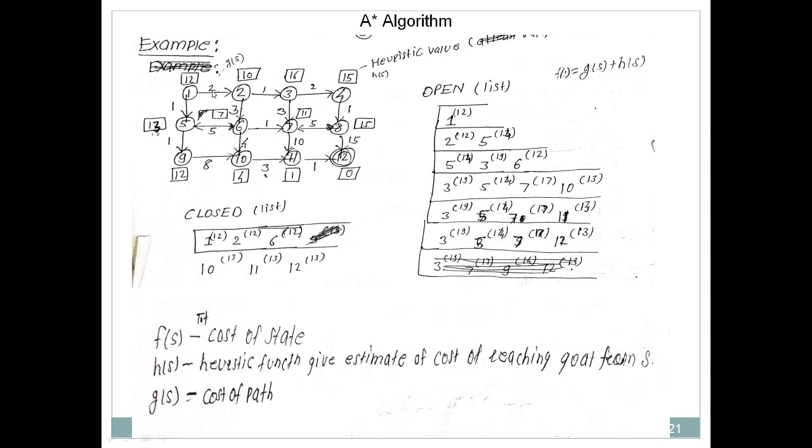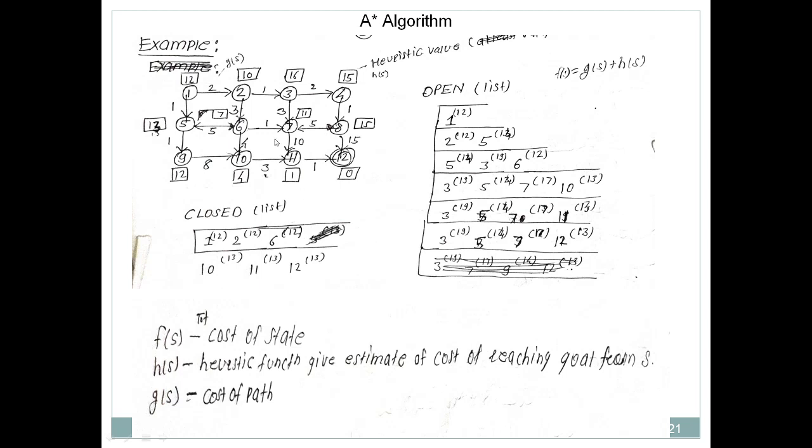and the value which is represented on this arrow will represent the g value. What does the g value represent? The cost of a path. Suppose I need to move from node 1 to 2. What is the cost? 2. And this 10 is the h value for 2, 12 is the h value for 1. Similarly, we consider a total of 12 nodes, out of which 1 is the starting node, 12 is your destination node, or you can say goal state. You need to move from your starting state to the goal state, and in order to search for a minimum cost path from source to destination, we'll make use of the A star algorithm.